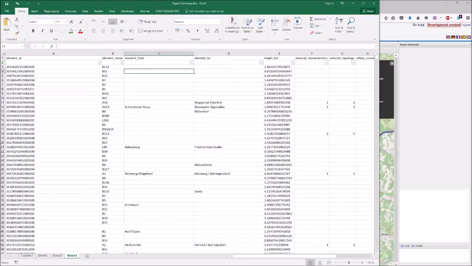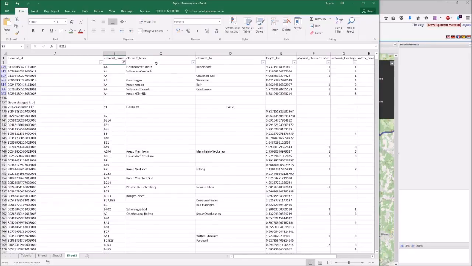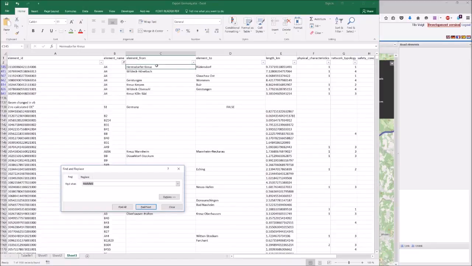So what I'm going to show you now is, you have a table with data, but where is this data from? So the data is from the database, but you can also find it in EWMap. And that's the reason why I just added the filter. So first of all, I unselect everything, and then I will go to the A4, and I will look for an intersection called Moosfeld,